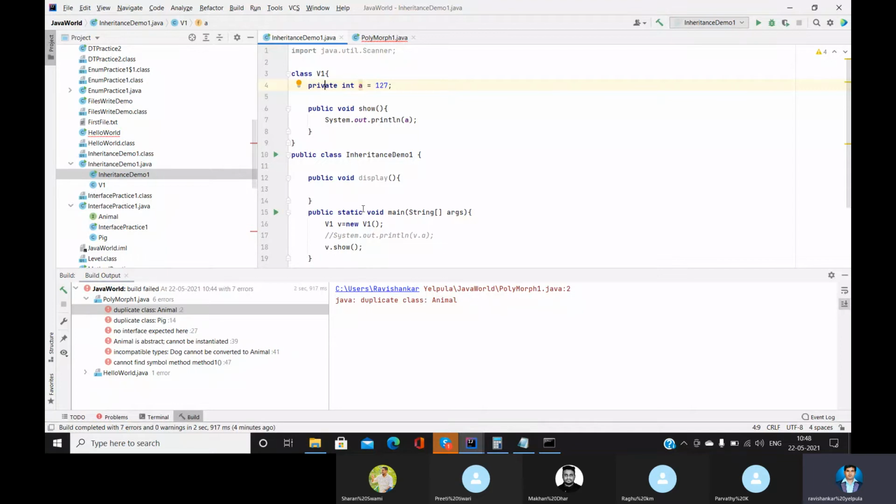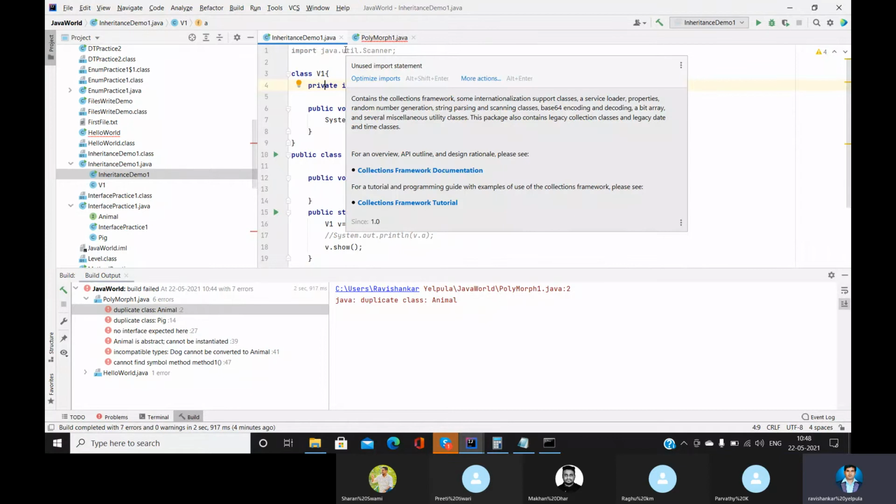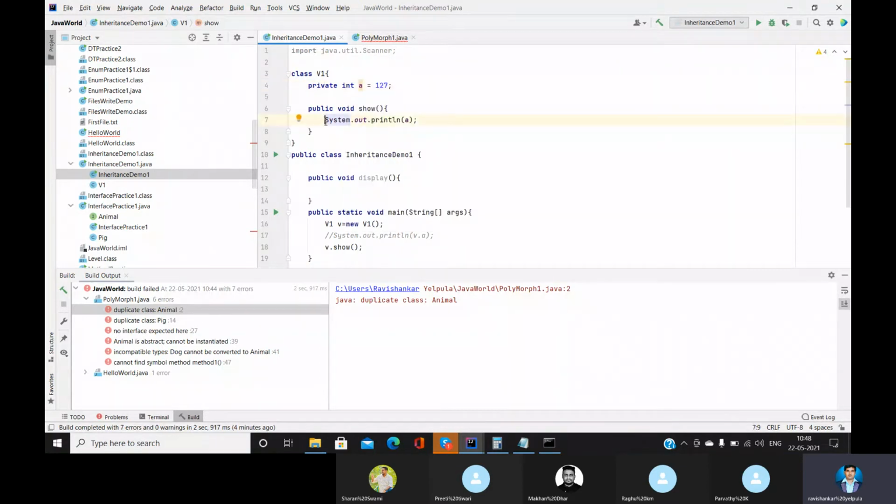So this package will be considered as one wedding, whereas different classes will be considered as different functionalities of it, and the methods will be considered as each and every activity. Is it clear? And in one particular project there will be only one main method. That main method will be in one class, which is called the public class, and each and every other class and method will be called or operated from this main method.